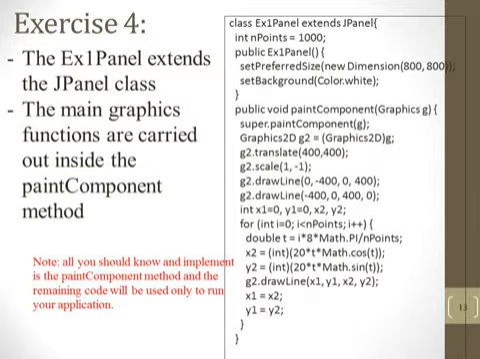application. Here is a code to draw a parametric equation, which is x equals 2t cosine t and y equals 2t sine t. To draw the